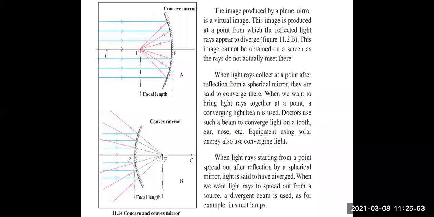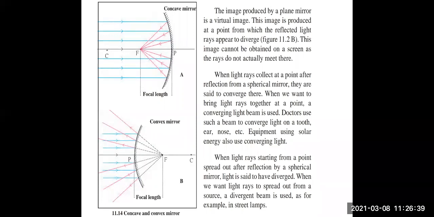Again, you can see that all the incident rays are parallel to the principal axis, so the reflected ray will always appear to pass through the principal focus. They are meeting at the principal focus, and again they are diverging. Each reflected ray is spread. They are not headed towards a single point, but are spread in the environment. So they are following the phenomenon of divergence. You can see in the concave mirror, all the reflected rays have arrowheads towards F.